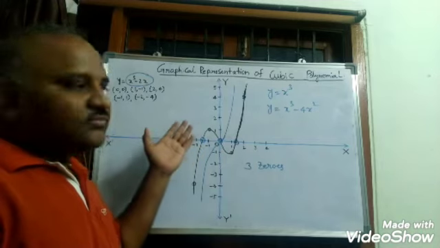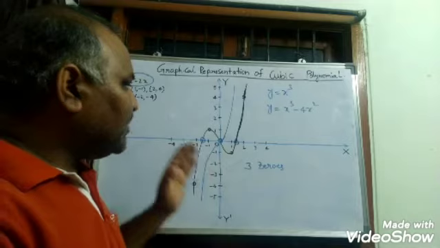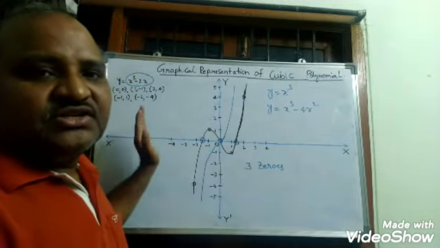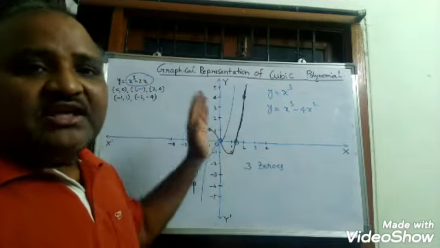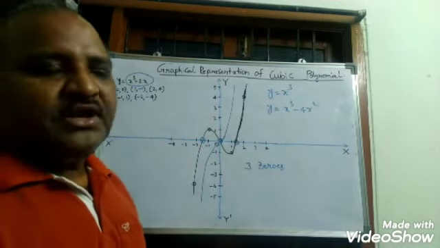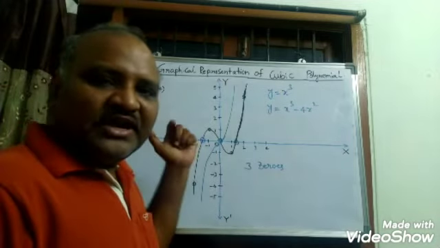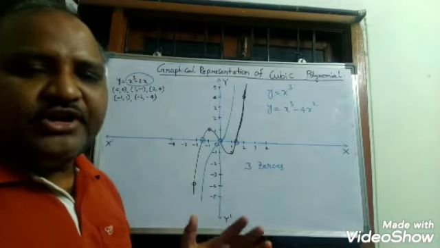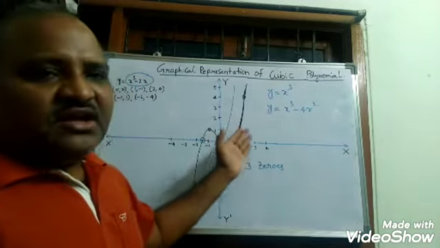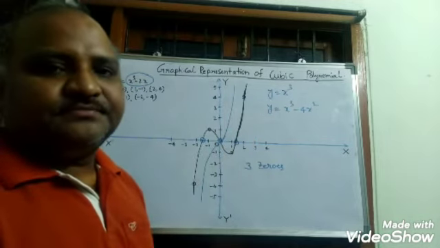Okay, so always if a curve is given to us, we have to check at how many points it is meeting the x-axis. Basing on that we can say the number of zeros of that particular polynomial. That means the number of zeros of the polynomial corresponding to that curve or that graph can be found just by counting the number of points where it meets the x-axis.